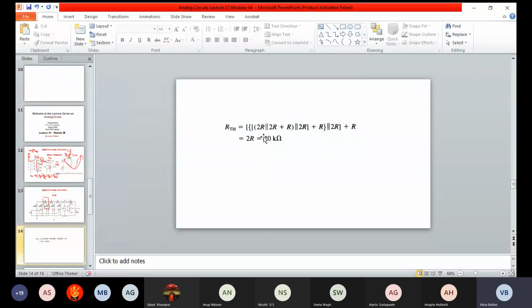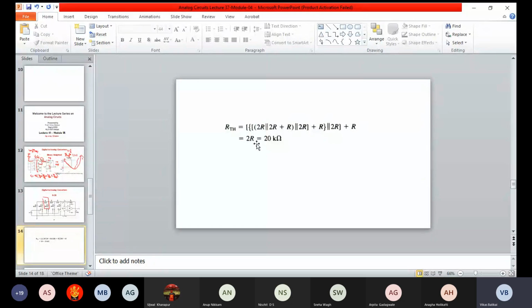You get one term over there. So that will be in parallel with this 2R. You again solve it. You'll get one more R, and that will be in series with this R. We'll get a final value of R, and that entire value will be in parallel with 2R. Again, you apply this in terms of R1 R2 divided by R1 plus R2, the parallel equation, and solve it. You're going to get one more R, and finally you just add that value to this R. So when we add, this is what I'm going to get.